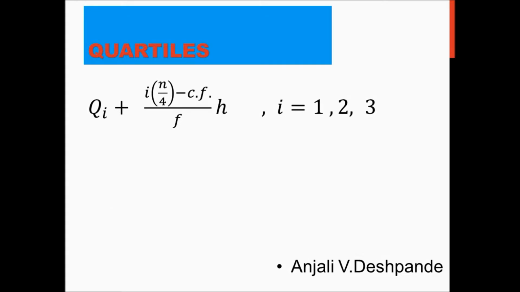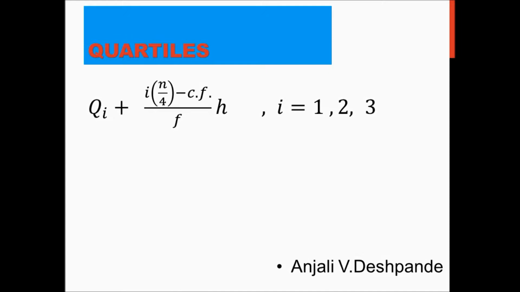Now we will see about quartiles. Quartiles, deciles and percentiles are also called partition values. First of all, we shall see about the quartiles. When the values of the observations in the data set are arranged in an ordered sequence, they can be divided into 4 equal parts or quarters, making use of 3 quartiles, and these quartiles are Q1, Q2 and Q3.